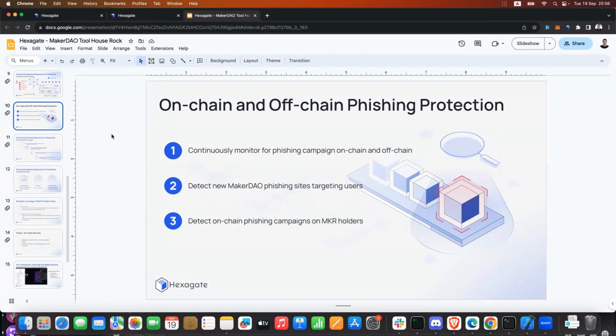Regarding what we talked about, exploit detection and prevention, how we do that in real time, that is the same case for phishing protection.